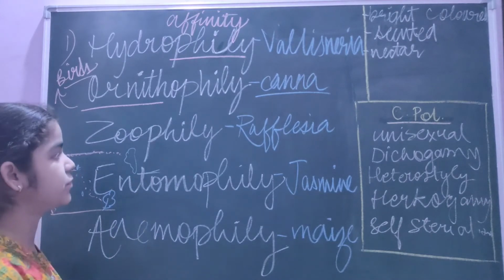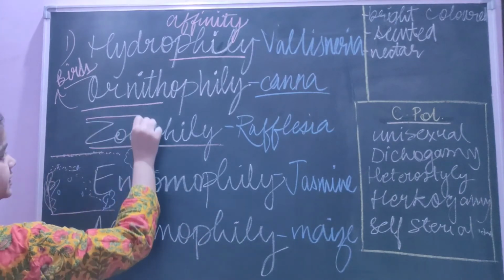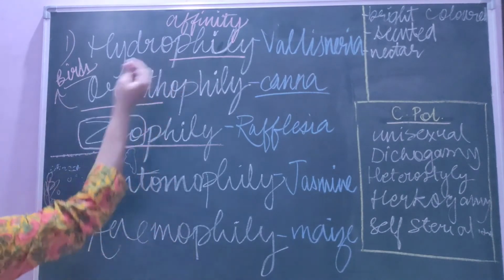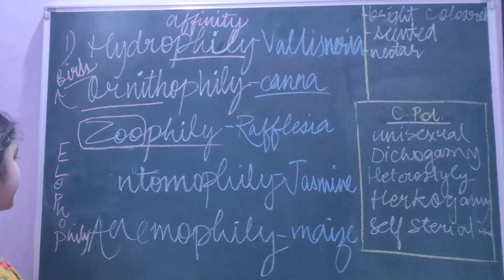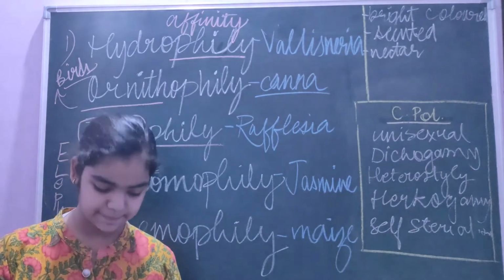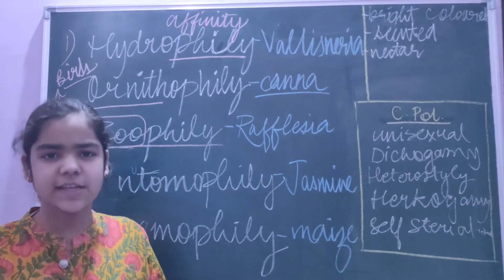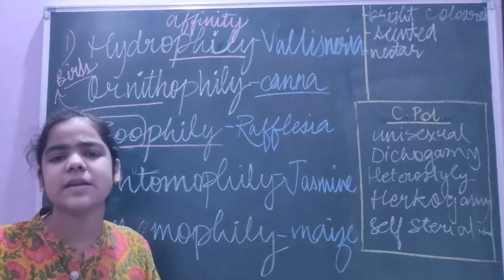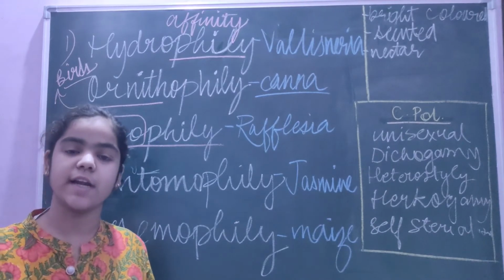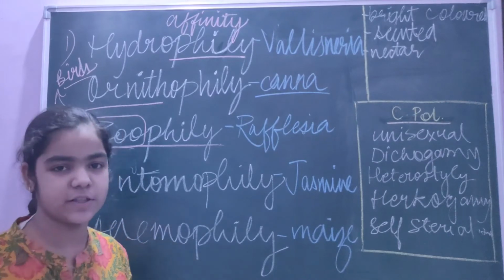Next one is zoophily. In this process the cross-pollination is carried out by animals. Zoo means what? Zoo is a place where you can see a lot of animals. An example of this may be elephantophily. So what happens in elephantophily? This pollination is done by elephants. Elephants are large animals, they walk in the forests, and there are various kinds of plants. On their limbs the pollen grains get stuck, and as the elephant moves somewhere it could find a place where the staminate and pistillate flowers are present, and there the cross-pollination will occur.